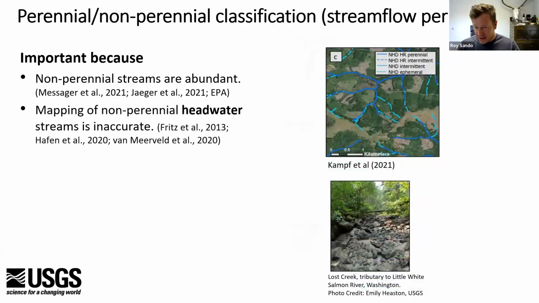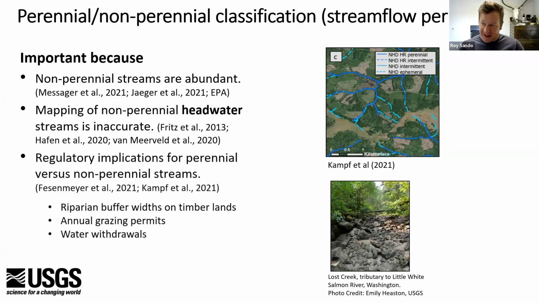However, despite their prevalence, mapping of non-perennial headwater streams is still inaccurate. A lot of this is largely due to observational bias. Imagine you're walking through the mountains or wherever you like to go, prairies. It's almost always easier to identify and study water when it's there, right? It's a lot harder to be intentional about walking across a channel when it's dry and saying, okay, what's the water doing in this when it is flowing? So because of this and other reasons, the mapping of our non-perennial headwater streams is still inaccurate.